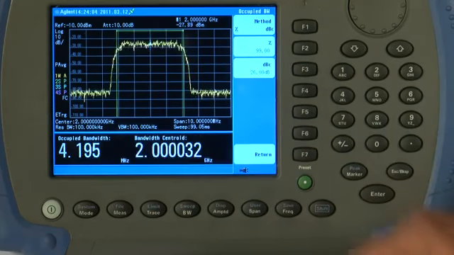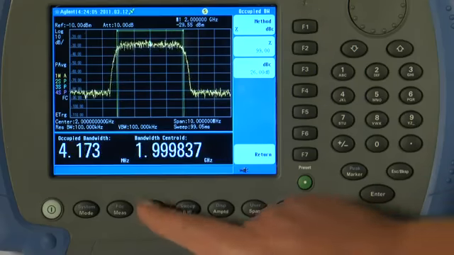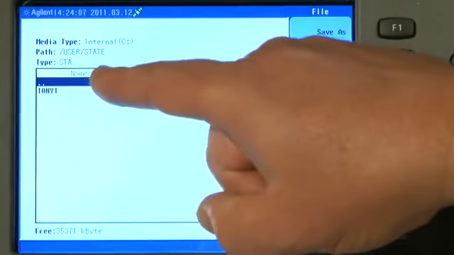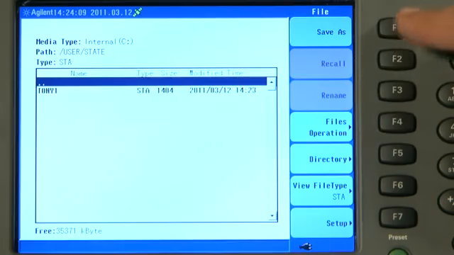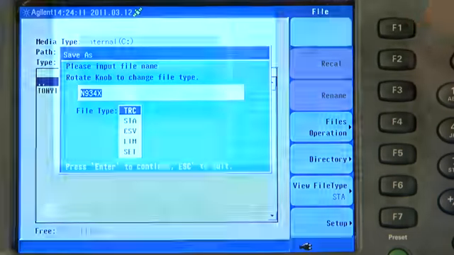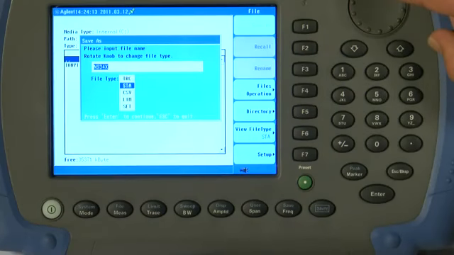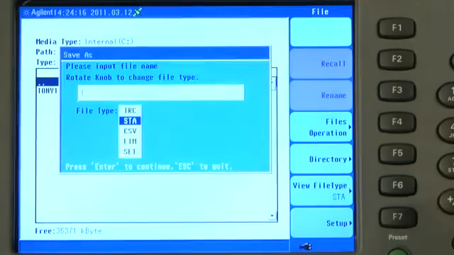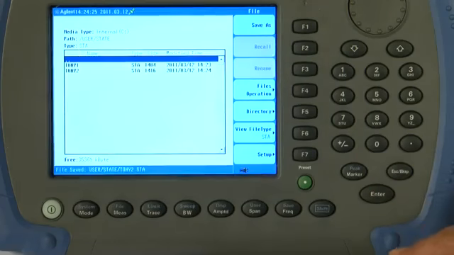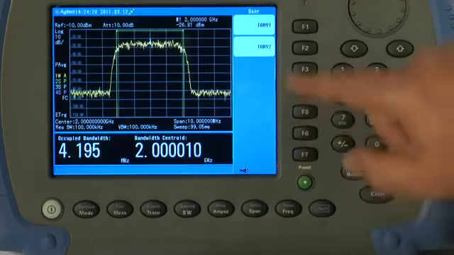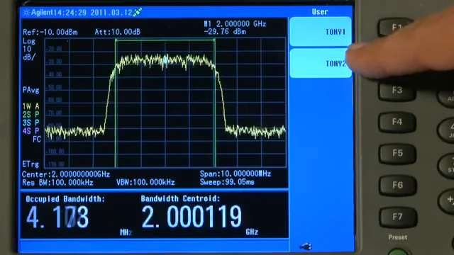So with the occupied bandwidth measurement up again, I can go Shift, File, and we're already in that user state subdirectory. I'll just go Save As, I'll select State, and I'll call this Tony2, and we'll press Enter. And now when I go to the user key, you'll see that Tony1 and Tony2 are presets already stored in